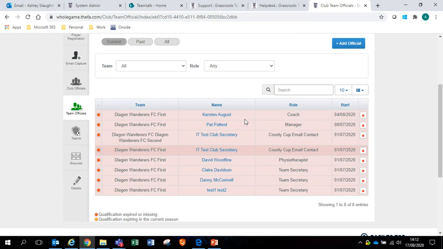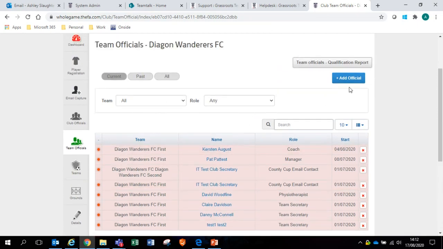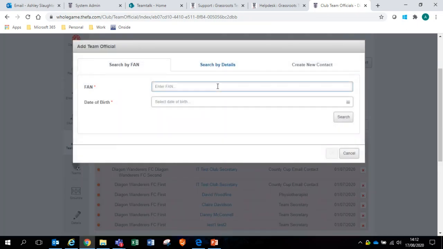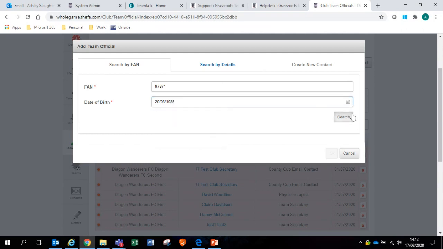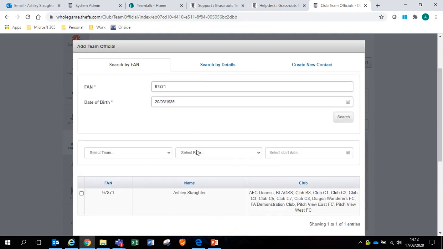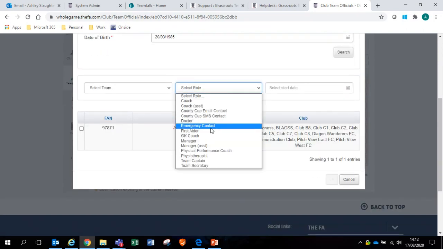Within the team officials roles, whilst I go on to the actual roles themselves, you'll see that there are a number of different roles that you can appoint to a team official. So the club officials are quite limited, team officials even more so. So when you look at the list, you get a very reduced number of roles. So you'll know what role you wish to assign. Majority are coach, assistant coach, manager, assistant manager, potentially goalkeeping coach, and then the other one that's quite popular is